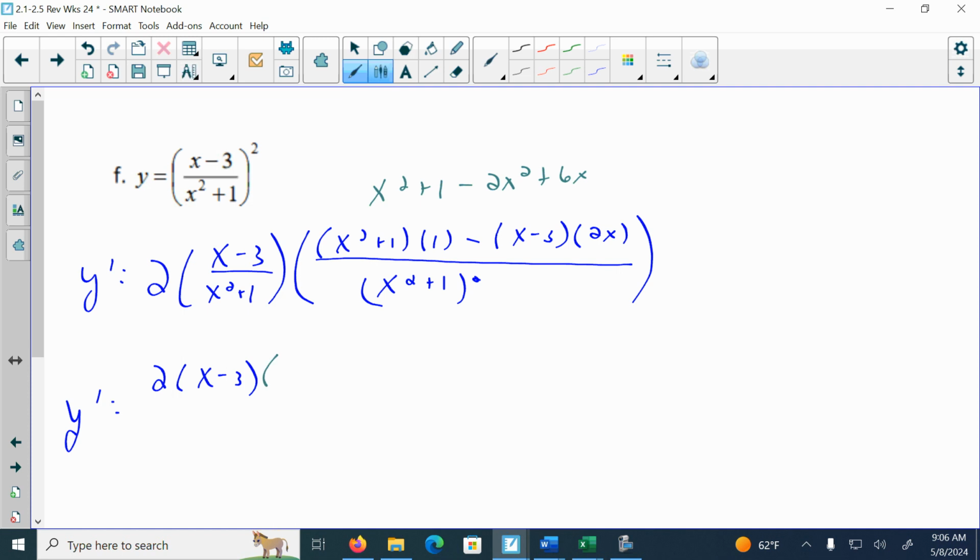So then when I combine my like terms, I'm going to have negative x squared plus 6x plus 1. And this is all over x plus 1 times x plus 1 squared, raised to the third power. And that is